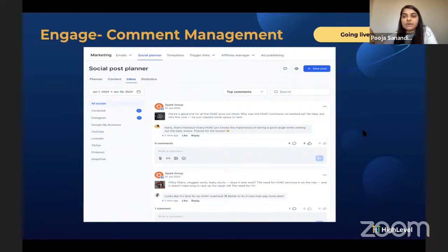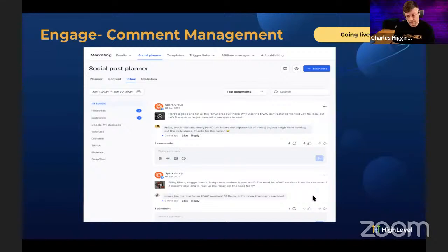You can either comment from the Conversations tab, or you can come to Social Planner and add your comment from here as well. So both ways, we'll try to handle it from both sides in order to give you the access. Yep, Charles. When this comes out, the one thing I would love to see is in the sub-account company